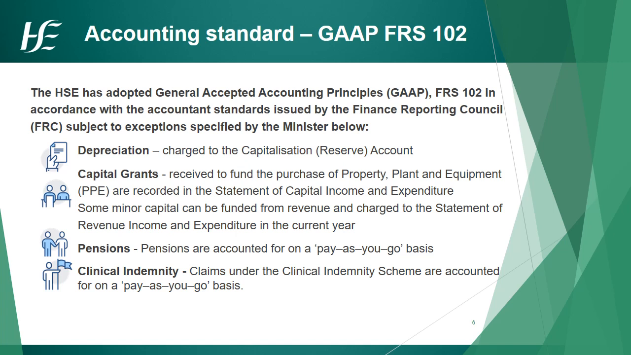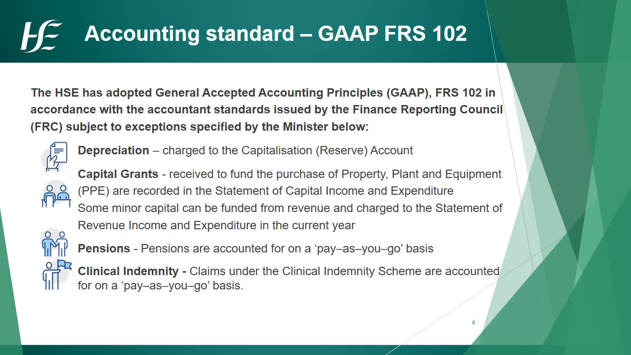The AFS are prepared on an accruals basis in accordance with the Historical Cost Convention. Accruals basis is the method of recording accounting transactions for revenue when earned and expenses when incurred. Under Section 36(3) of the Health Act 2004, the Minister for Health specifies the accounting standards to be followed by the HSE. Generally Accepted Accounting Principles, probably more recognised by its acronym GAAP, FRS 102,